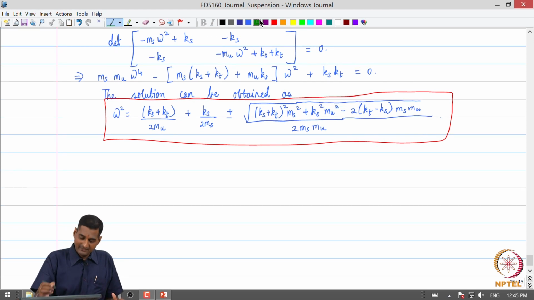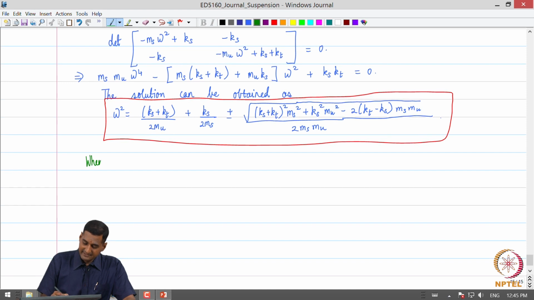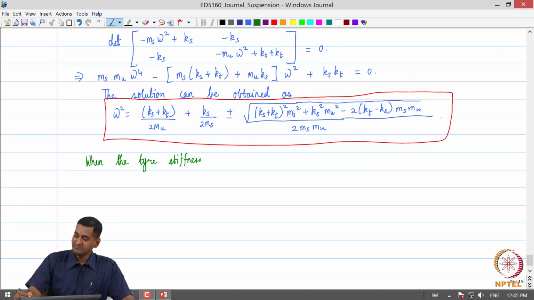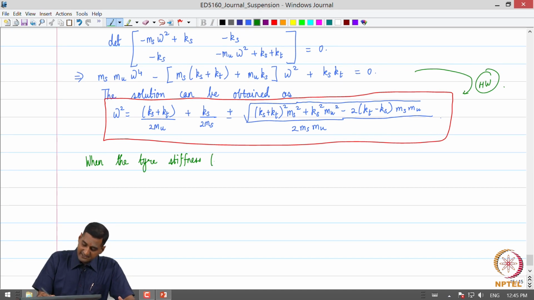However, when the tire stiffness Kt, please do the above exercise, that is going from here to here, I leave it to you as homework. Okay. Once again, a pretty straightforward algebra. Okay. So, when the tire stiffness Kt is much higher than the suspension stiffness,